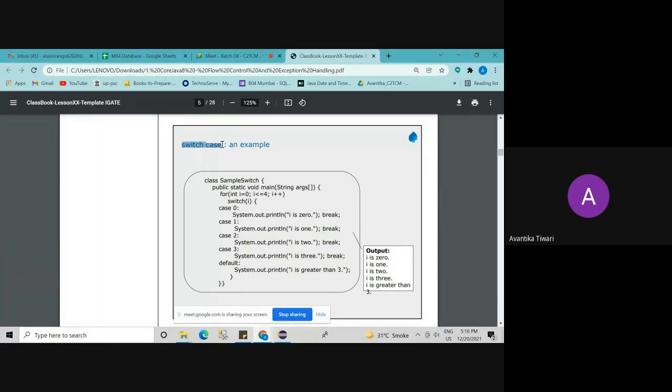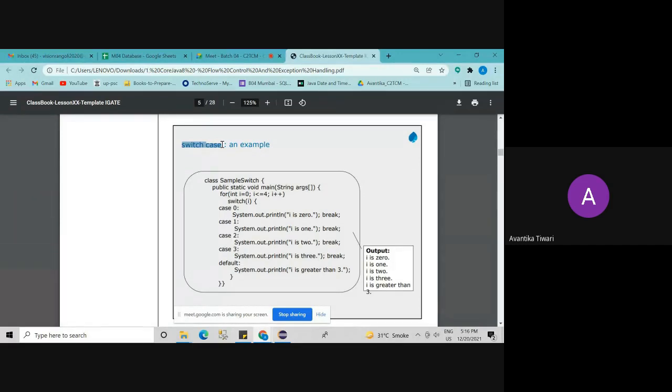If we are using nested if-else statement for a very large number of cases, then the complexity of the program will increase.